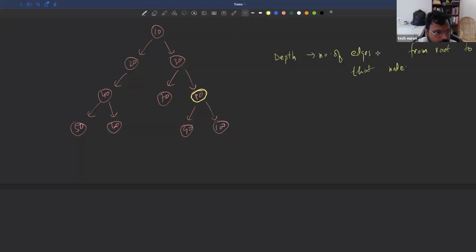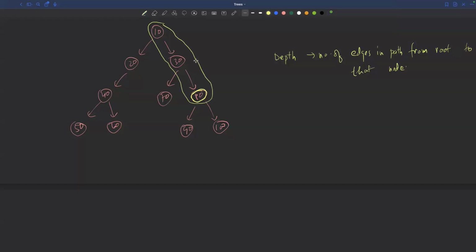So what is the path from the root? This is the path. There is a unique path. Is there any other way to reach 80 from 10? No. So there is only one unique path. In that path, how many edges are there? Edge number 1, edge number 2. So depth is